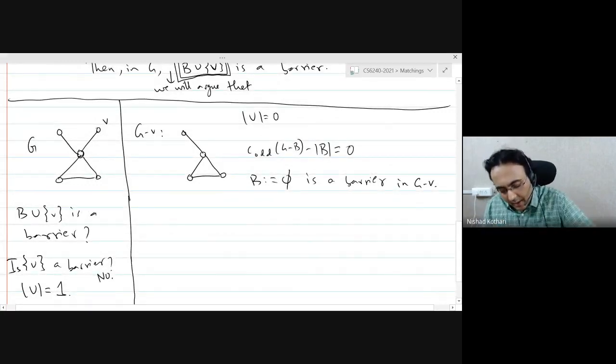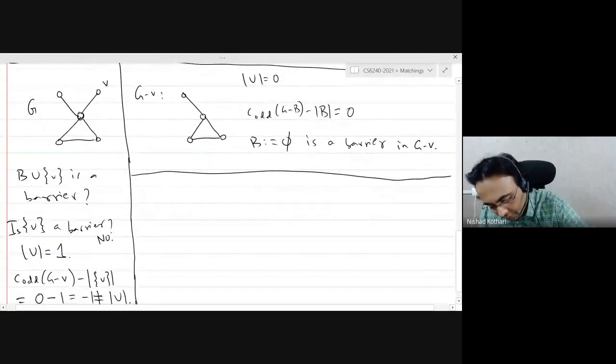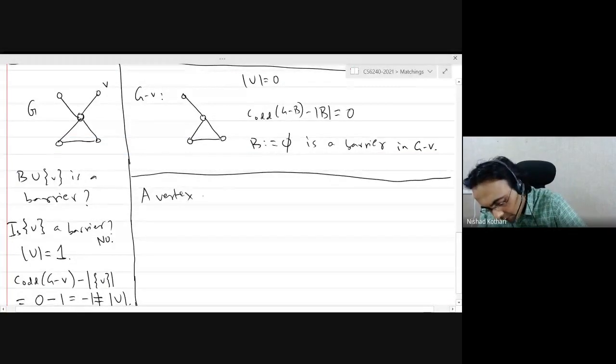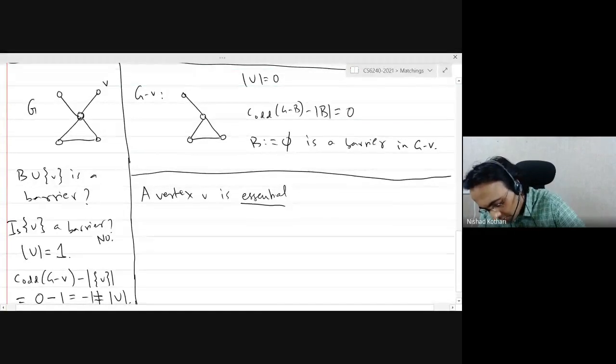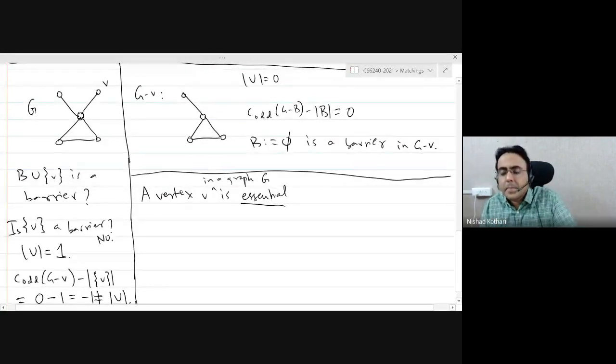Okay, and that brings us to the definition of an essential vertex in a graph. A vertex V is essential in a graph G if this vertex is covered by every maximum matching.